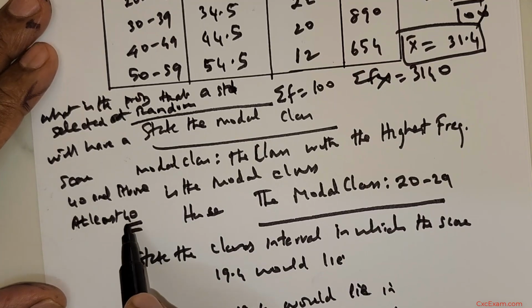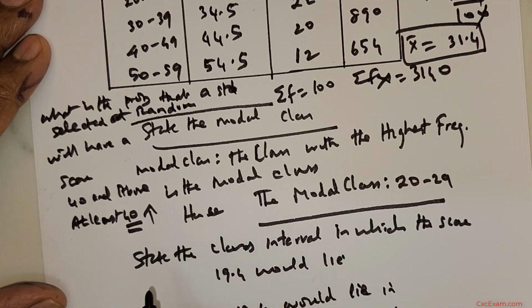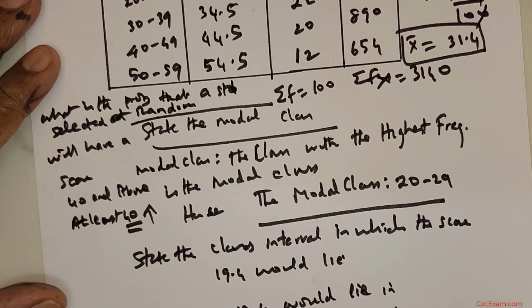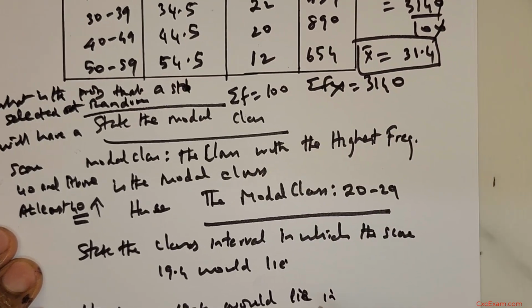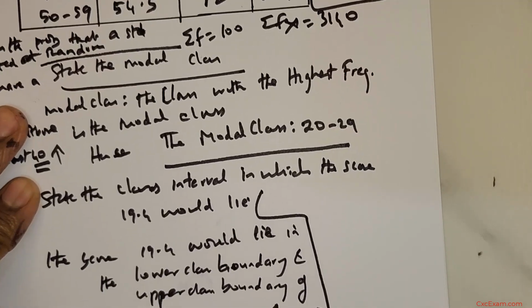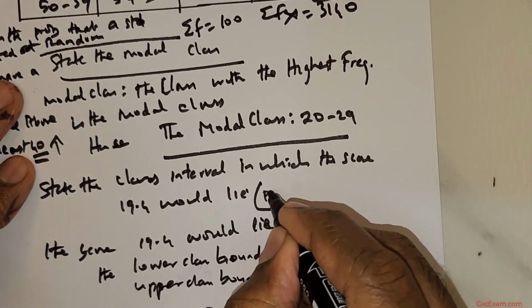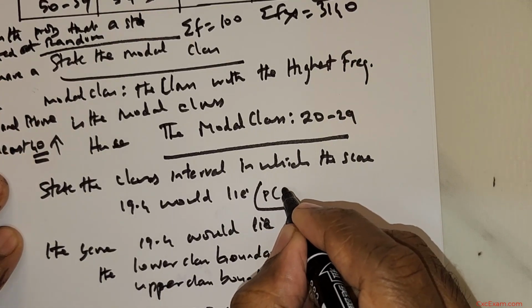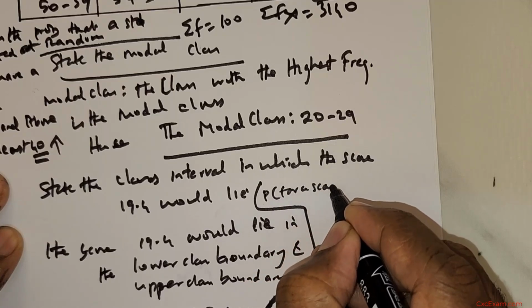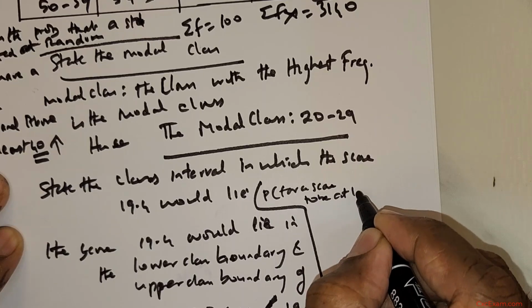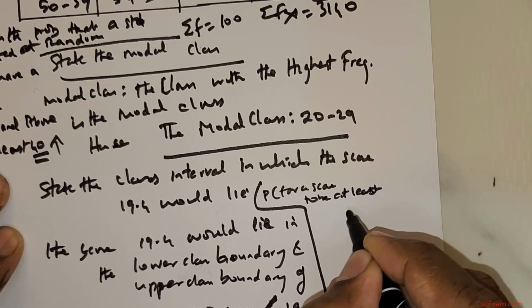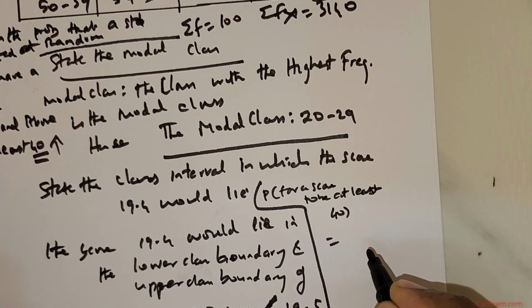So that means the minimum should be 40 and above. So we need to get the probability. Now we have to utilize the probability formula. So the probability for a score to be at least 40 is equal to